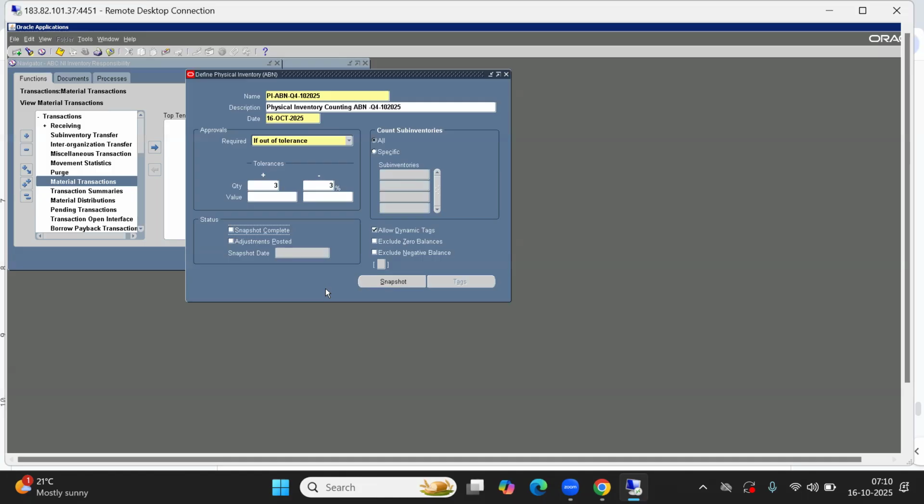From here onwards, the business won't do any adjustments or use any transactions. They stop performing transactions until they complete physical inventory approvals and adjustments.